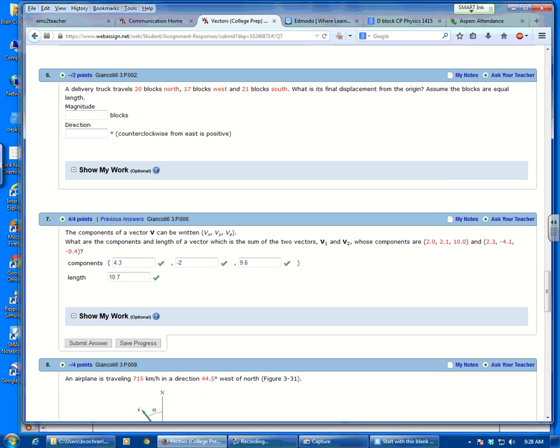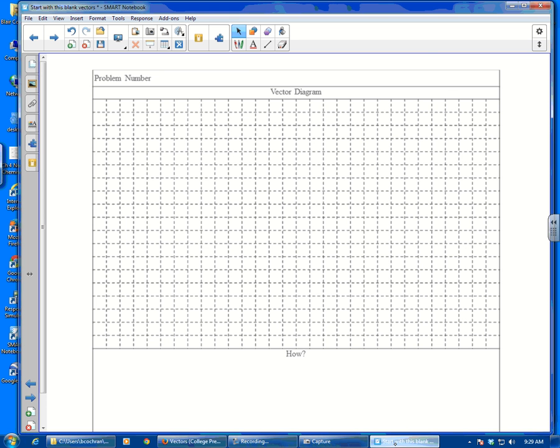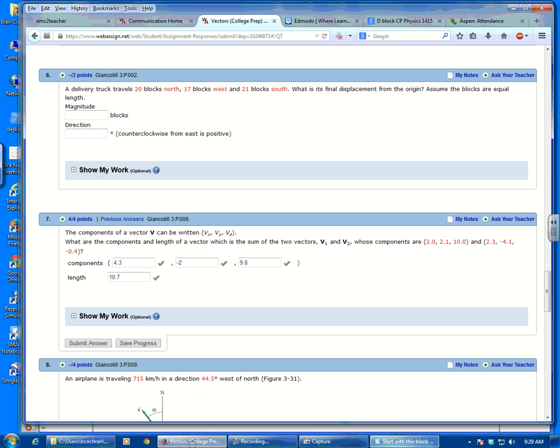All right, we're doing number 6 here. A delivery truck travels 20 blocks north, 17 blocks west, 21 blocks south. Of course, everything in red is different for every user, so be careful. I'm going to start off by drawing mine, 20 blocks north. So I'm going to take north as up. I'm going to go 1, 2, 3, 4. Each of my blocks I'm counting as 5. So that's 20 blocks north,